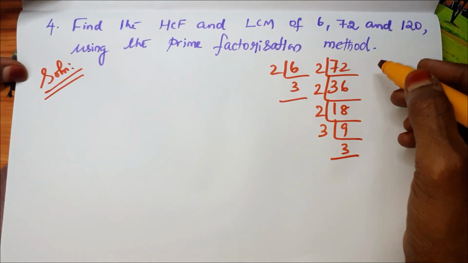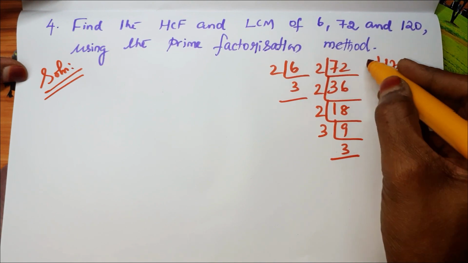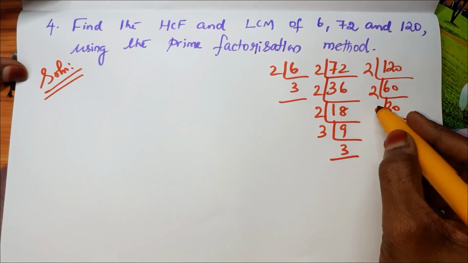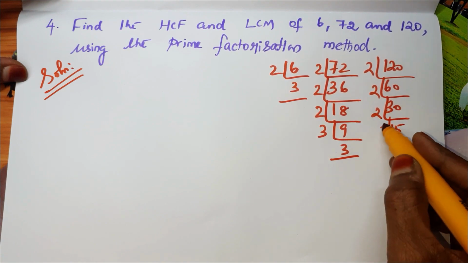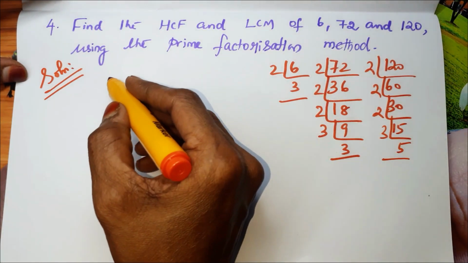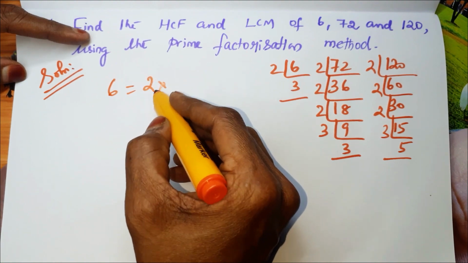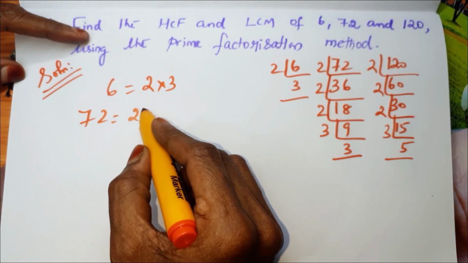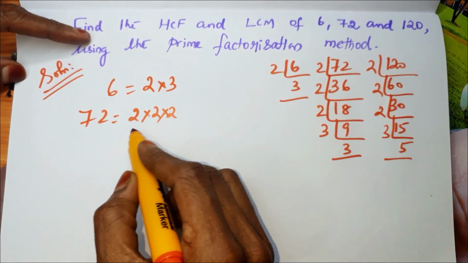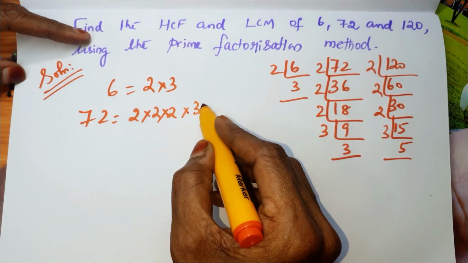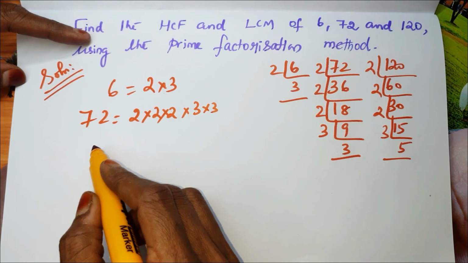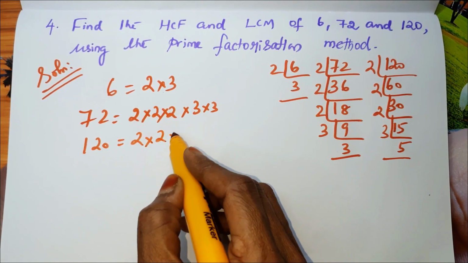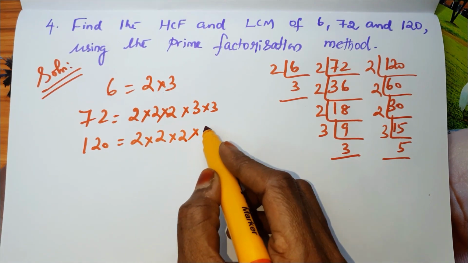These are the prime factors. For 120, we can start with 2, 60, then 2, 30, then 2, 15, then 3, 5. So 6 is equal to 2 into 3. 72 is equal to 2 into 2 into 2, that is 2 power 3, into 3 into 3, that is 3 power 2. Then 120 is equal to 2 into 2 into 2, that is 2 power 3, into 3